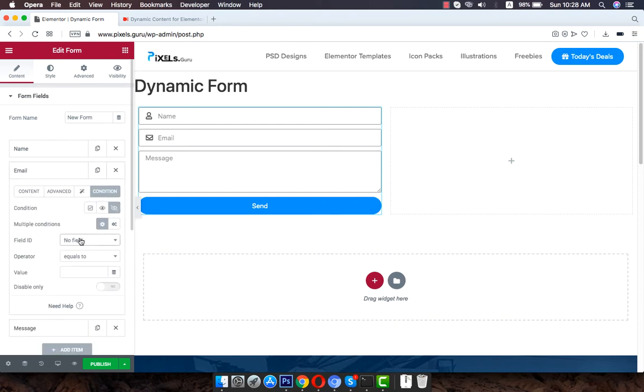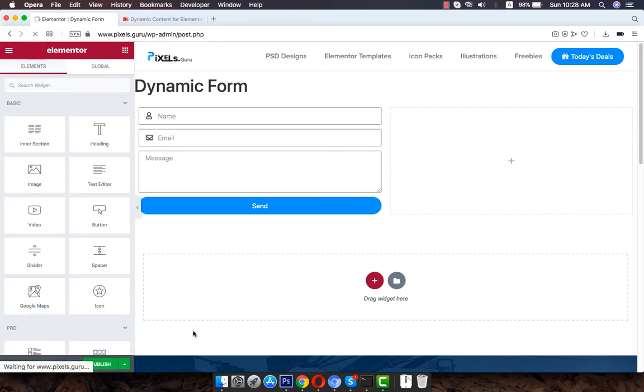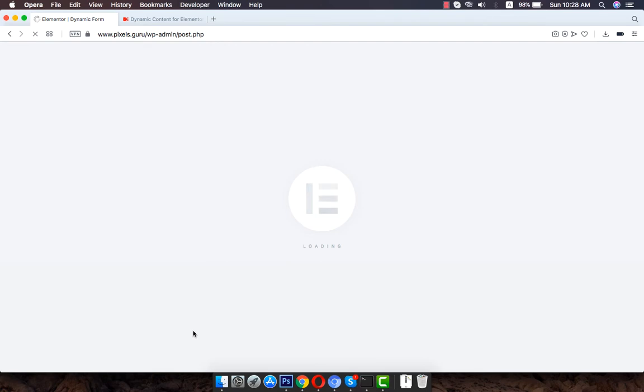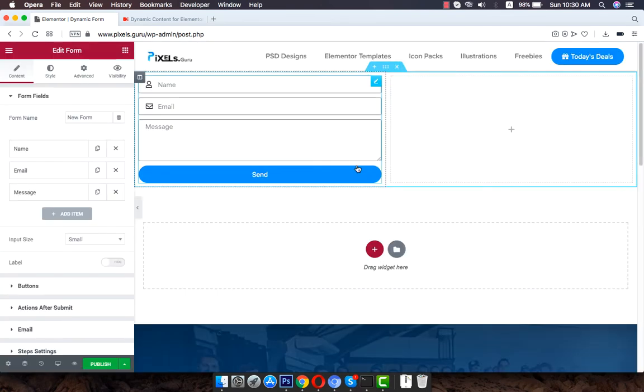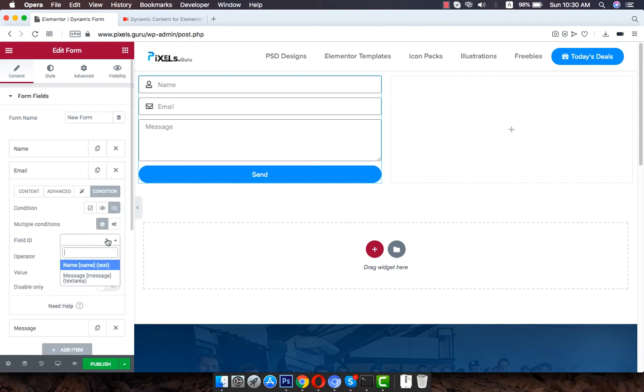Okay, when it doesn't show you, what you can do is save the draft and reload the complete page itself. So the page is reloaded and I can show you. Now the fields will pop up. Whenever this problem comes that the fields are not showing, you can just save the draft or publish the page, and reload, and it will load some REST API or maybe JSON.